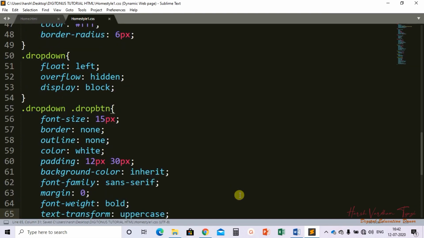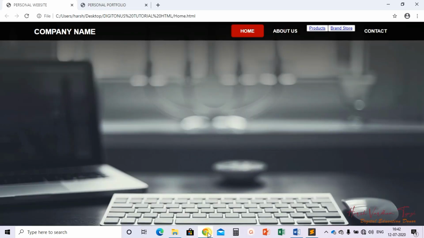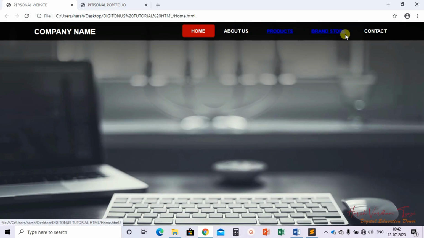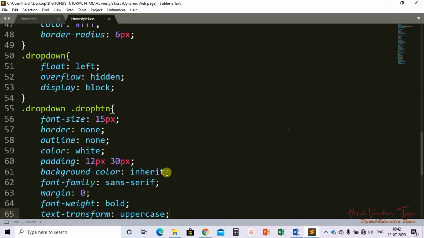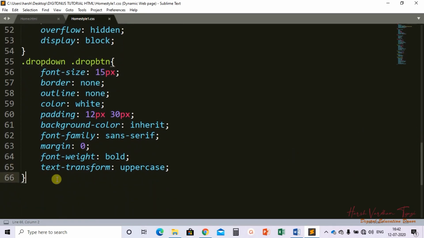Everything that is written should display in the uppercase, because like here the P is capital and the rest of the thing is small, so it should be displayed in the uppercase. See, now we have to work with the color part also, because these are in blue in color but the rest of all are in white, so we will also do that part. As of now we have done with the two classes, that is the subclass with drop down.